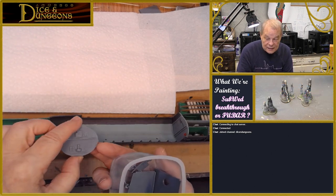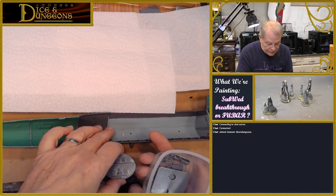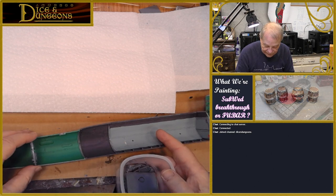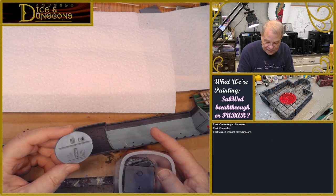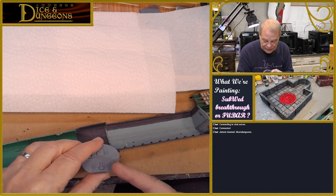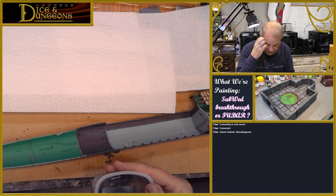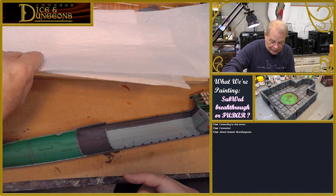This is the last, second to the last bulkhead. This one's already painted. This one's already painted. You'll see those in just a little while when I test fit some stuff, okay? This one goes here. All right. I mean, that'll just slide in there at some point. And it's got the typical stuff. It's got fire extinguishers and hatches, some lockers, some whatever machinery that is. So it's a little more detail painting, but it's not real challenging for the most part. But I'm going to get these out of the way for now and